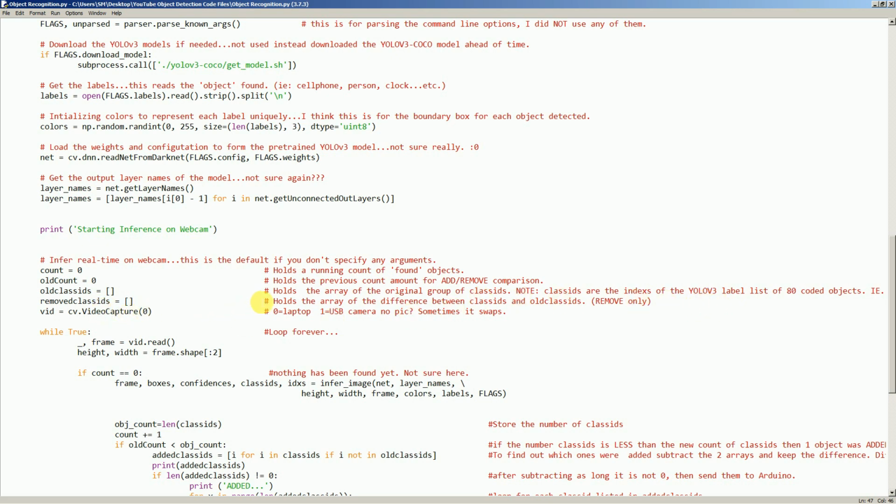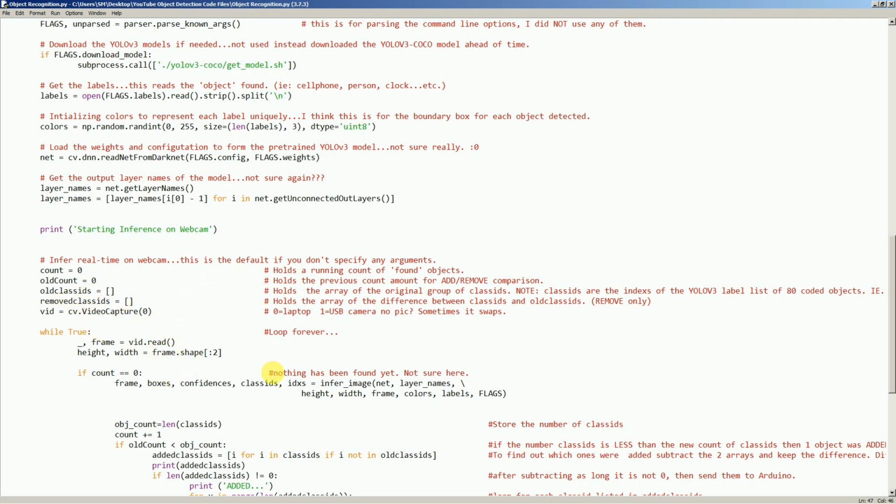It holds the array of the original group of class IDs. So if you have 3 objects and you want to see if you find another object, or if an object is removed, you compare old class IDs to class IDs, and then you'll know if there's more, you've added. If there's less, you've subtracted, and you can find out what you subtracted and what you haven't. And that's what these are